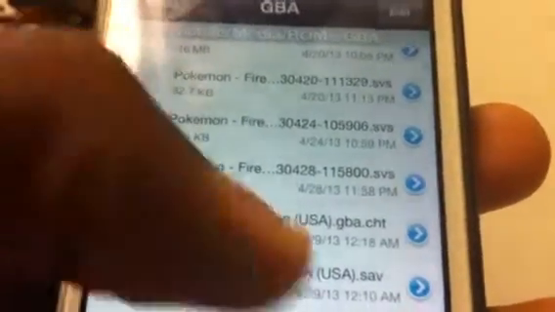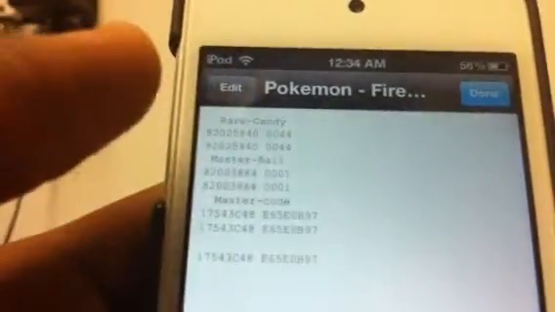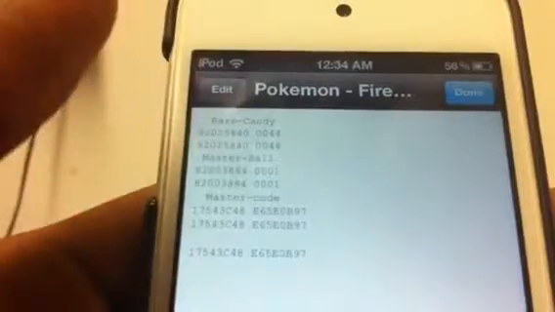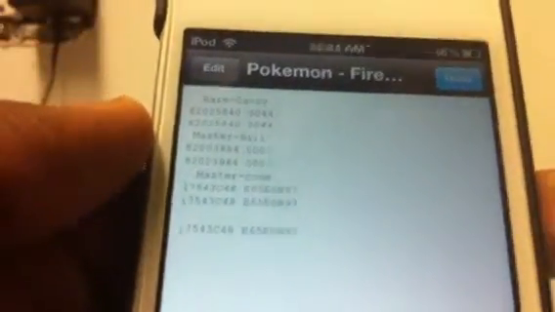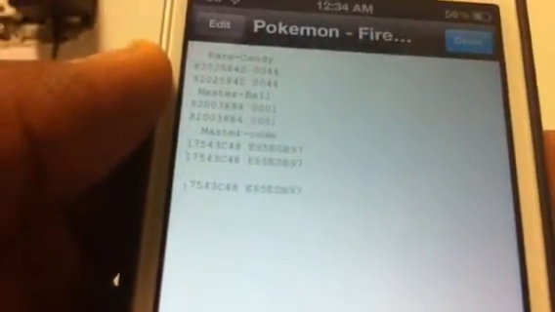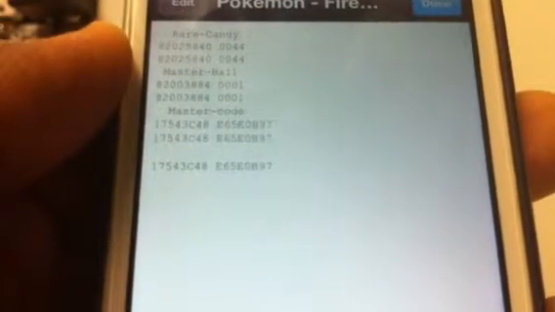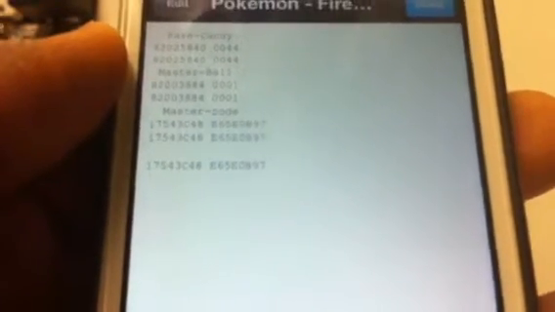codes. So I'll show you which codes I do have on it now. The Red Candy, Master Ball, and Master Code, so the other codes can work. And this is one of the codes for the Pokemon that you can get. So basically, the newer Pokemon you're not gonna be able to get. The Pokemon 1 through 251